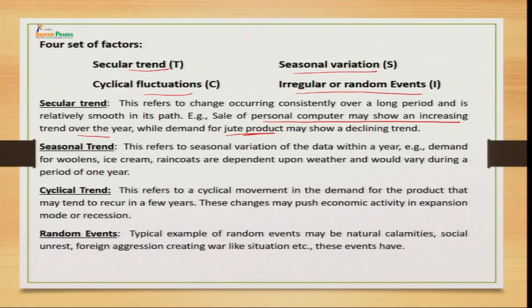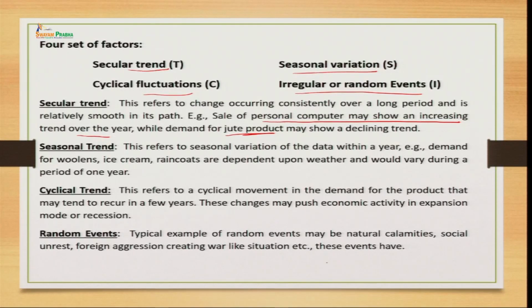Seasonal trends are those trends which affect demand on the basis of season. Some products are demanded more in some seasons, and some products are demanded more in another season, so we have a seasonal effect. Then we have the cyclical effect, because of the business cycle our economy keeps changing. There are different kinds of cycles that take place in the economy. So, based on that cyclical trend, you understand whether during that period the demand for your product increases or decreases. And random events are caused by natural calamities or maybe because of social unrest, foreign aggression.